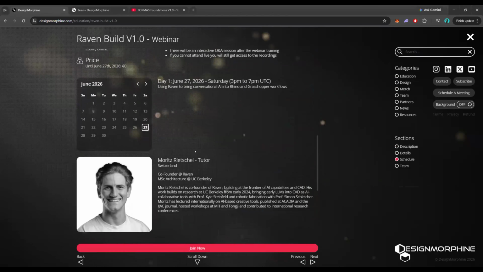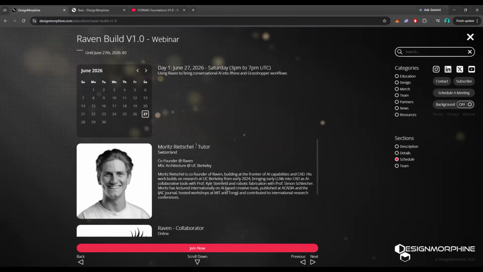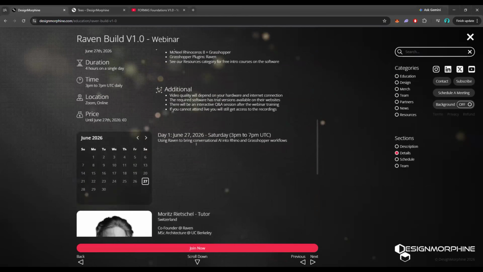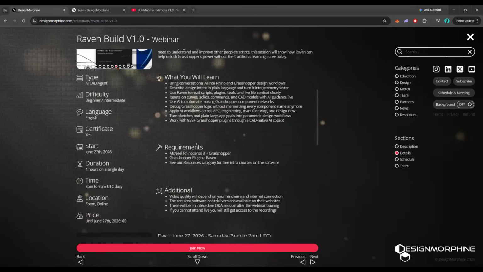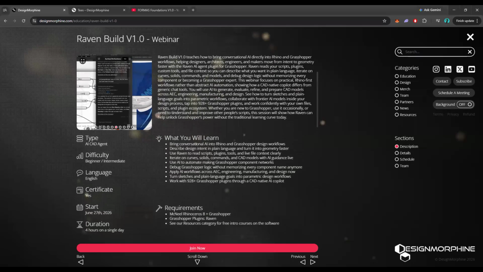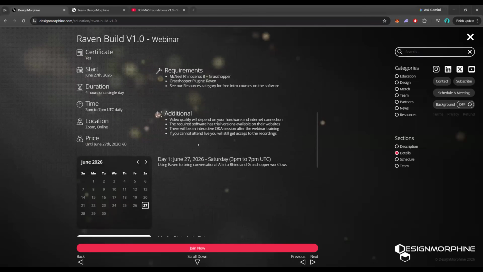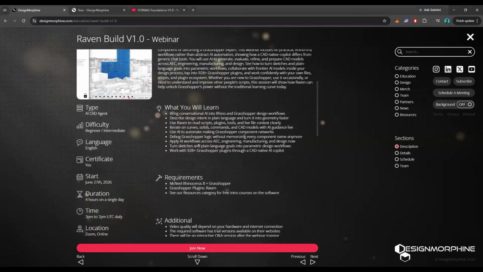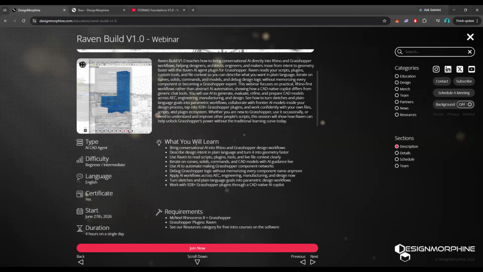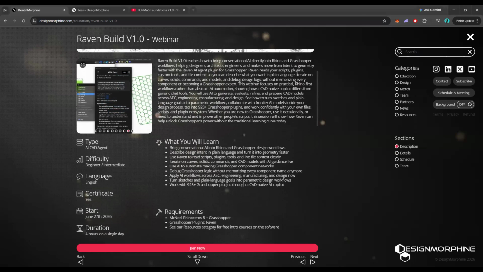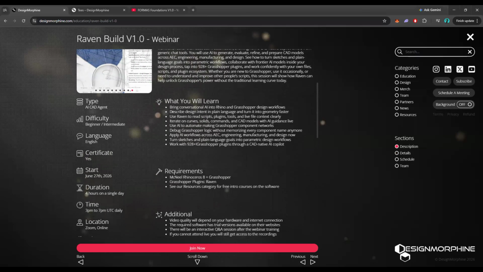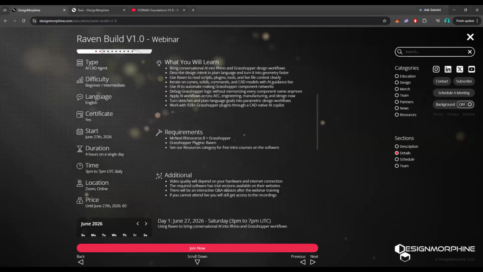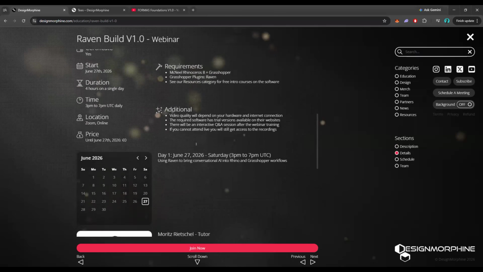We're very happy to have Moritz here today teaching this kind of revolutionary plugin, which is changing the way that you'll work and is giving us, in my opinion, the first glimpse of the future of these workflows. And so in this webinar, we'll be using their plugin, which is Raven for Grasshopper, which is an AI assistant for Grasshopper directly in Grasshopper, which can make networks for you, make designs for you, and all kinds of fun stuff